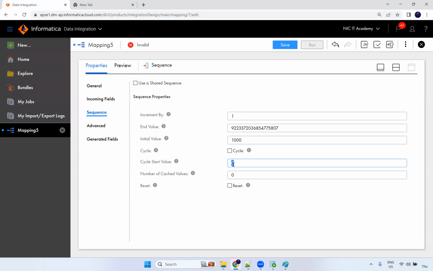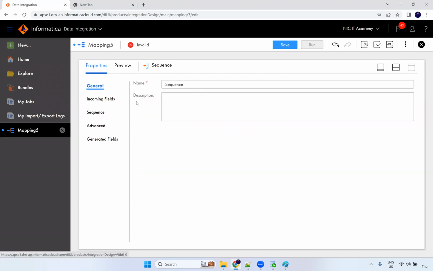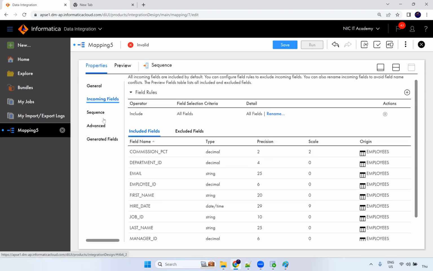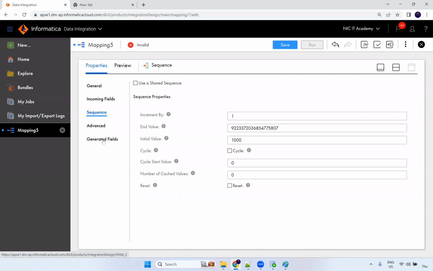So that you have to mention here. Okay, so this is what the properties. And if you go to the general, you can make this general here. Nothing is there. If you want to describe something, you can describe. Okay, this is what you can have. And you'll be seeing one option